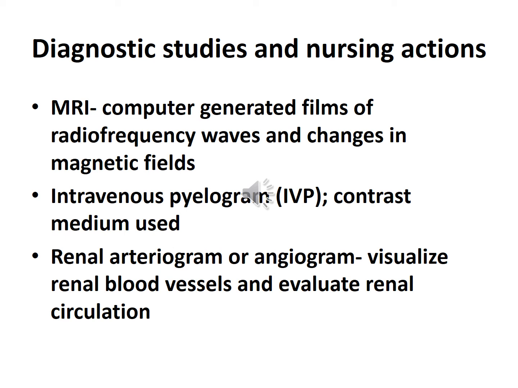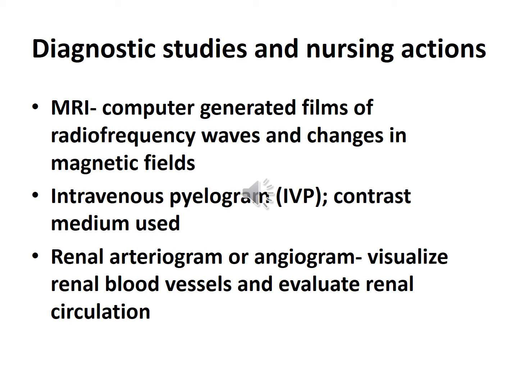MRI. For the MRI, patients are assessed for metallic implants such as pacemakers, clips on brain aneurysms, body piercings, or shrapnel anywhere in their body. We should remove transdermal medication patches prior to entering the MRI field. Assess patients for claustrophobia. MRIs may detect glomerulonephritis, hydronephrosis, masses, lesions, renal vein thrombosis. It may be done with or without an IV contrast medium, and the patient will need to lie still during